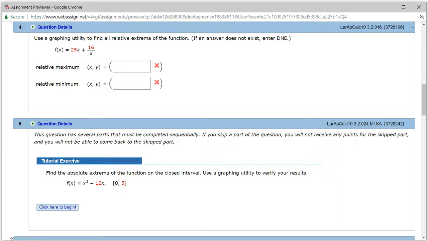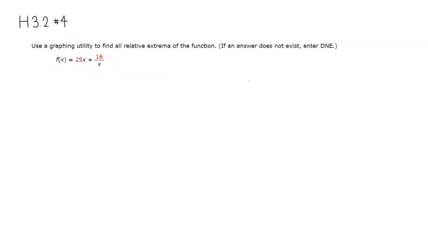All right, let's look at homework 3.2, problem number 4. We want to find the relative maximum and the relative minimum of the following function. So let's do that. First thing I would do is rewrite it as